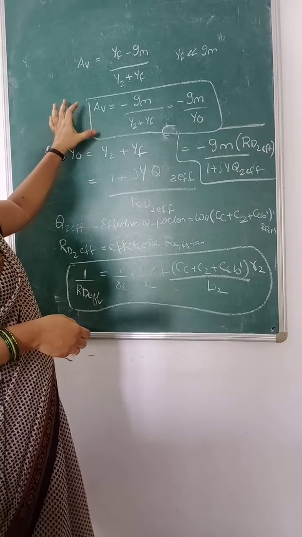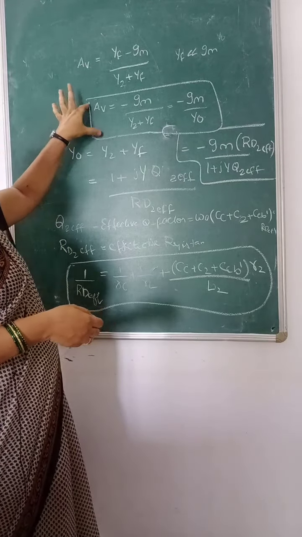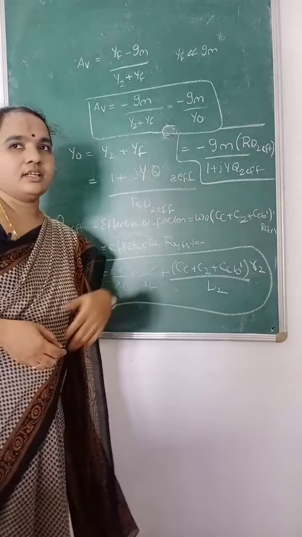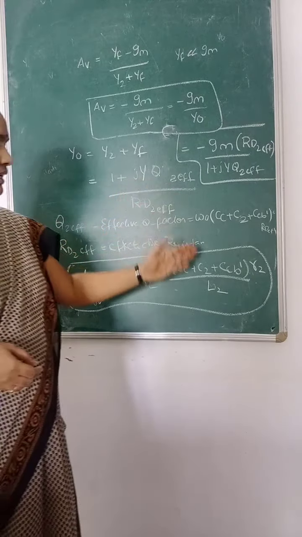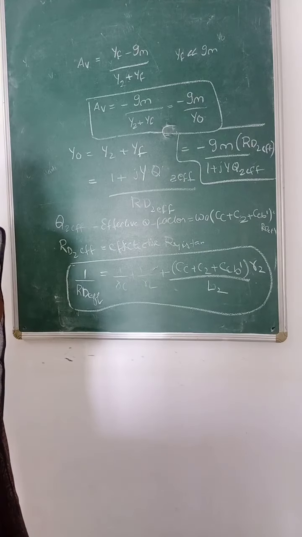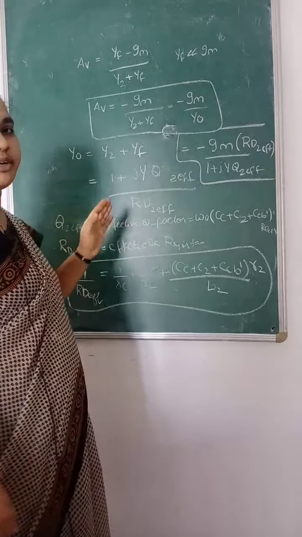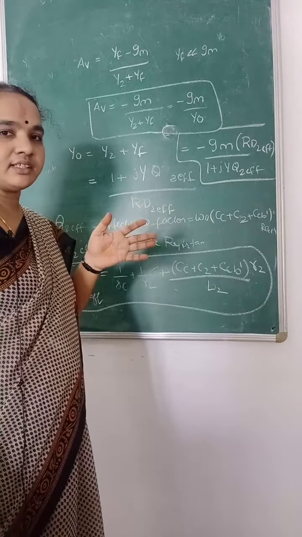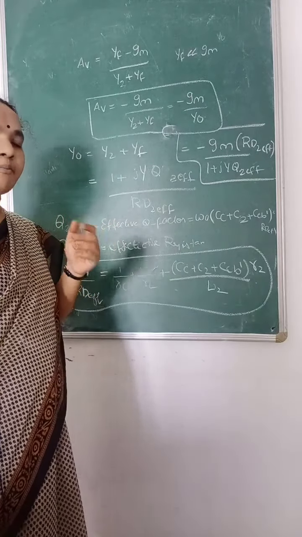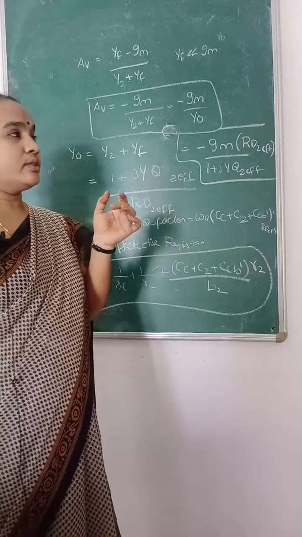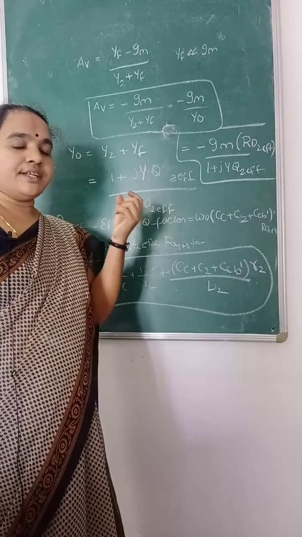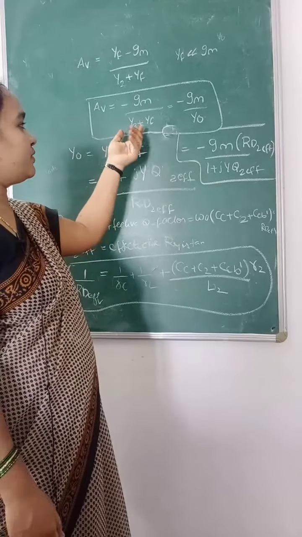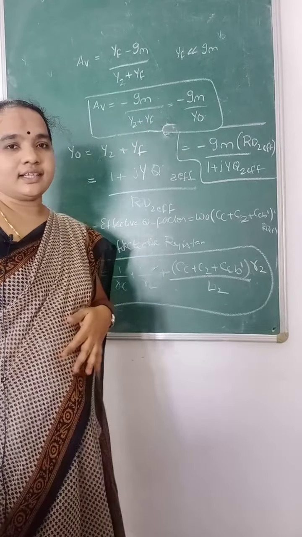So in the examination you can write up to this part. If the time permits, you can also write these terms in terms of capacitance and resistances. This is regarding the common emitter tuned amplifier. The common emitter tuned amplifier is the amplifier circuit which is used to amplify the selected signal. So we can place a tuned circuit in the input circuit and the output circuit such that the gain of the amplifier can be calculated like this.